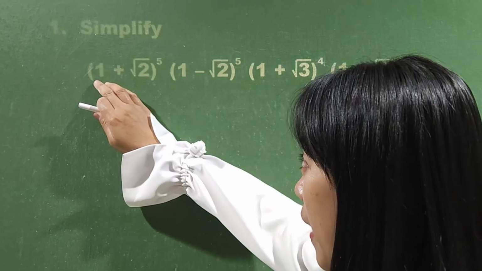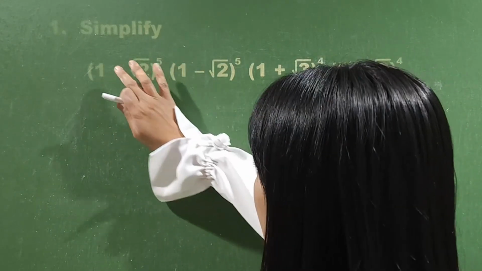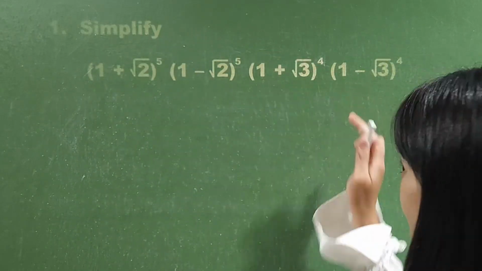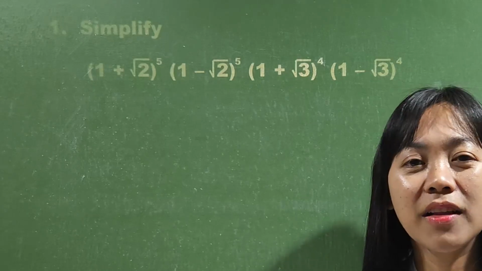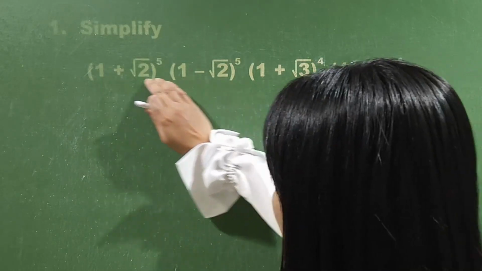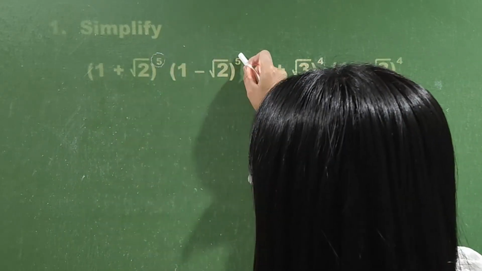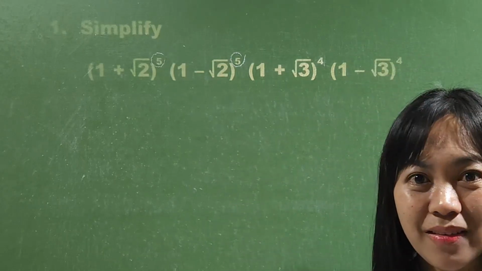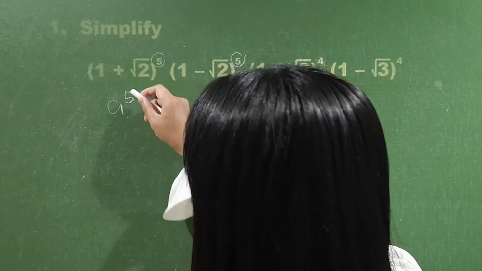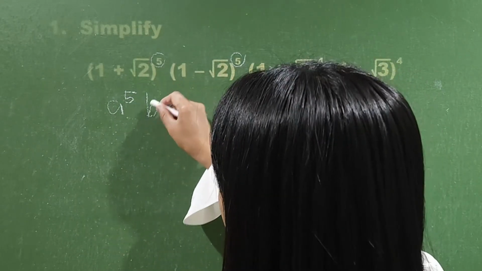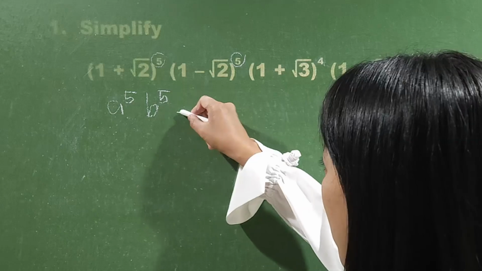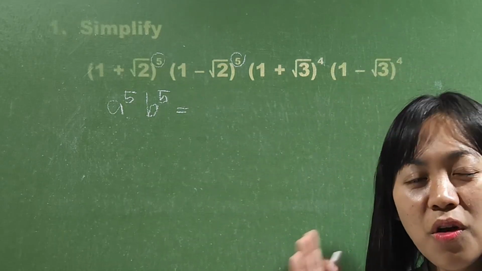Are we going to multiply 1 times square root of 2 five times? And later on, are we gonna multiply to each term in these expressions? Okay, we are not going to do that. If you take a look at these expressions here, they have the same exponents. So if this expression is a raised to the power of 5, and this expression is b raised to the power of 5, then the rule of